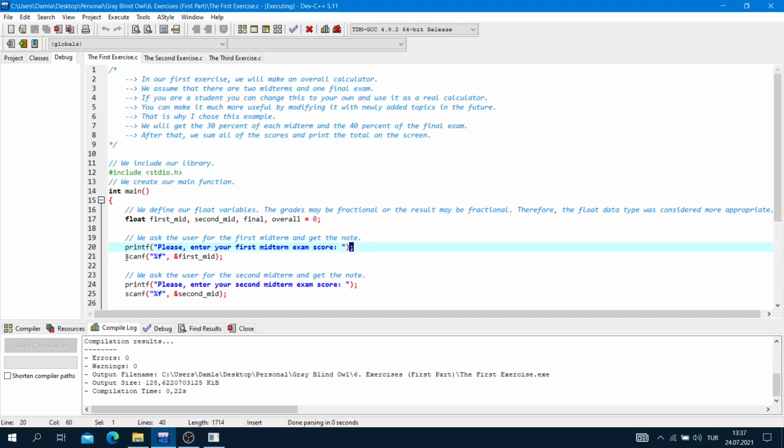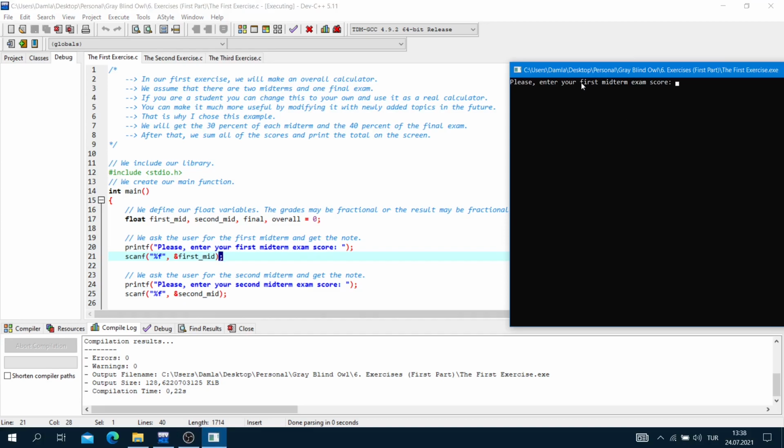Now we will get it: scanf, the brackets, quotes, %f, quotes, comma, address of first mid, the bracket, and the semicolon. We are here. Please enter your first midterm exam score. I will enter 51 here.